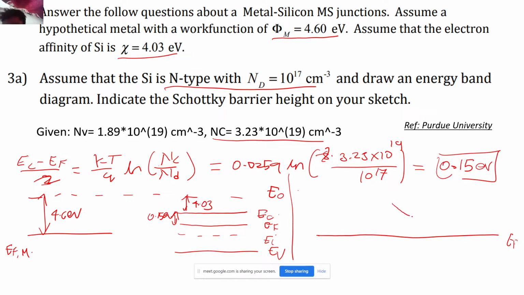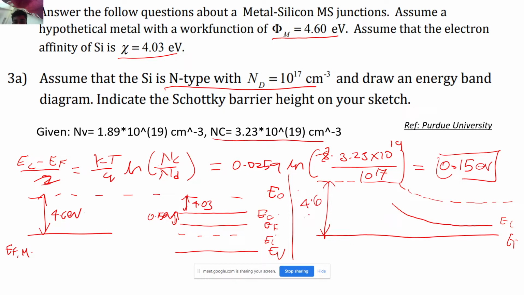So let's say this is how my EC will be looking like, correct? And since the electron affinity cannot change, even the vacuum level has to bend, correct? It will be looking something like this. And on the metal side it will be constant, because if it is not constant, then my work function itself will change with the distance. That cannot be possible, correct?